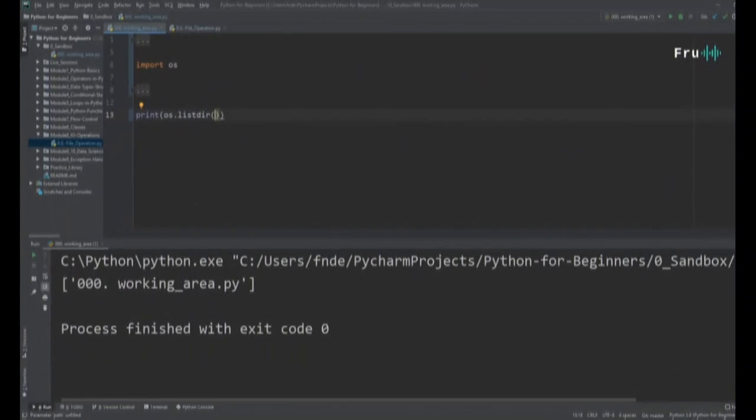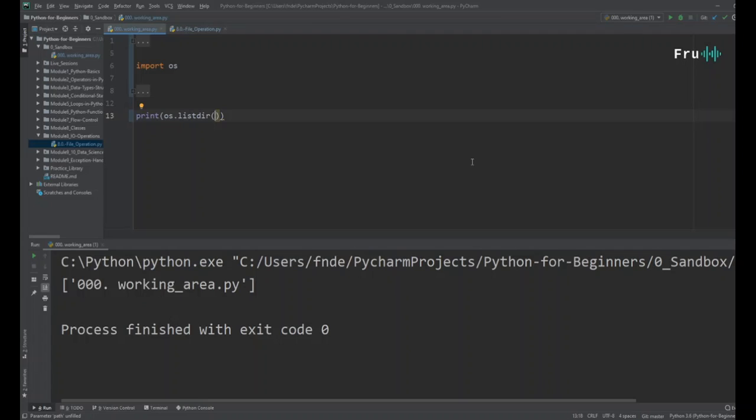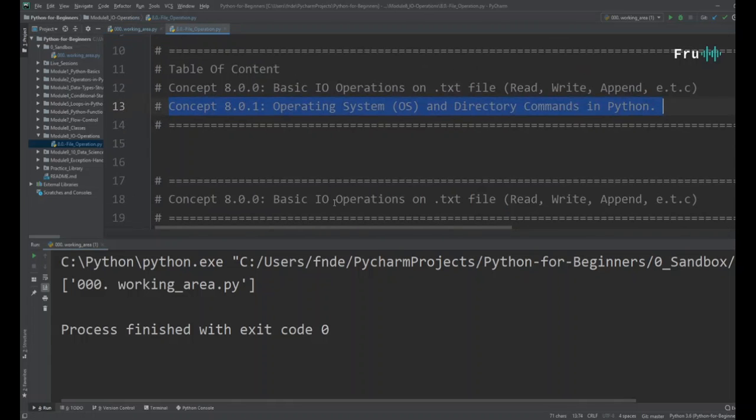So I hope this was helpful. Not only can you get input from a user, but you can start leveraging these operating system commands to work within directories, get data from a directory, create a new directory, get data from a file, write data to a file, and a whole lot more. So just to summarize, the